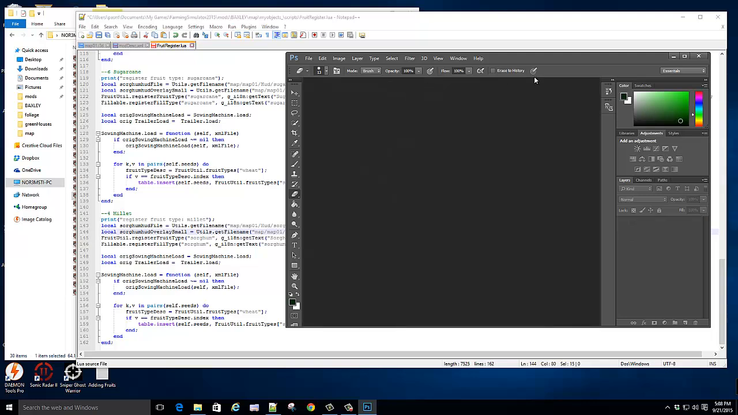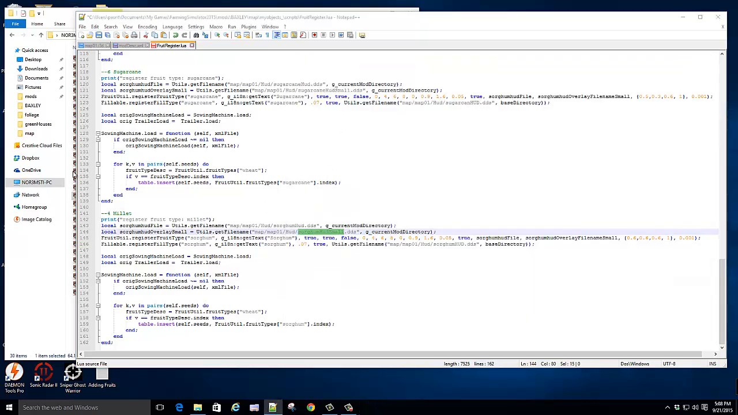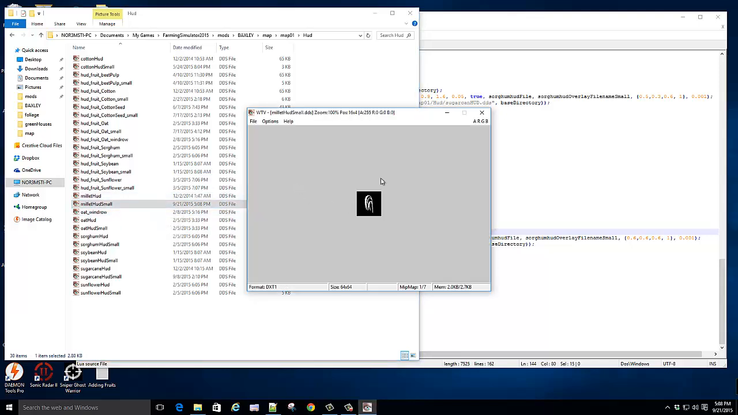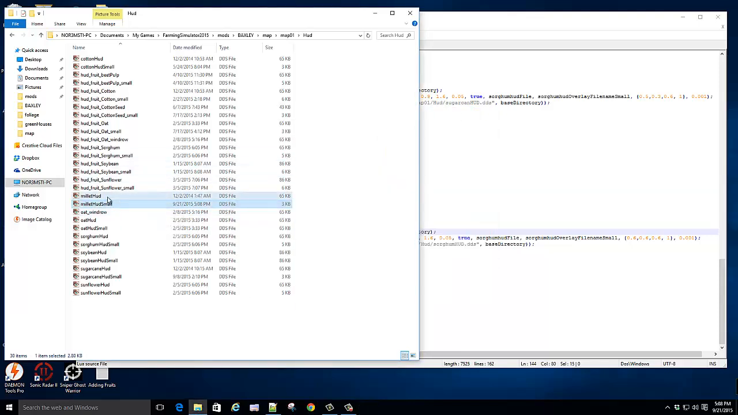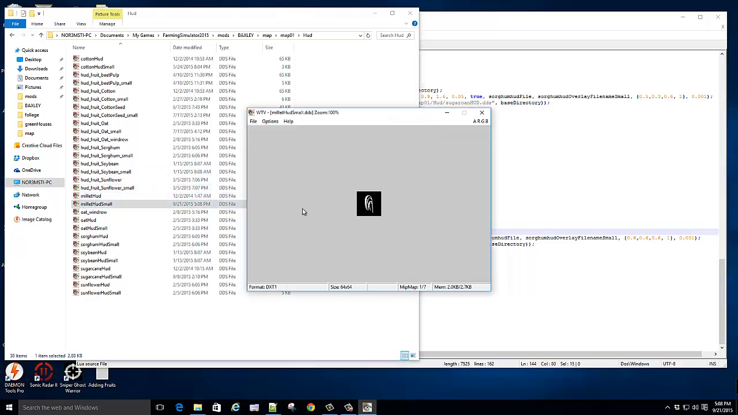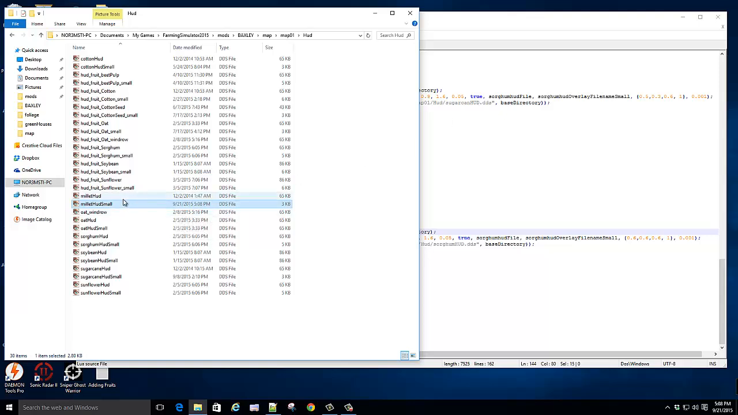Alright. Now what we can do is see how it looks. Millet HUD small. It looks small. Millet HUD. You know what? That might be my alpha. I don't like that. Let's just see if it works anyway. Now you can watch all kinds of videos on how to do textures. Anyway,